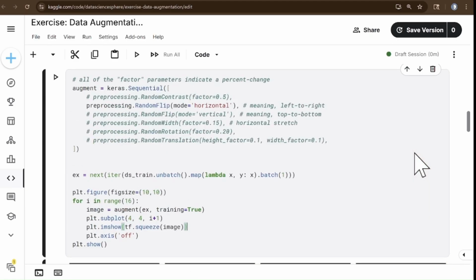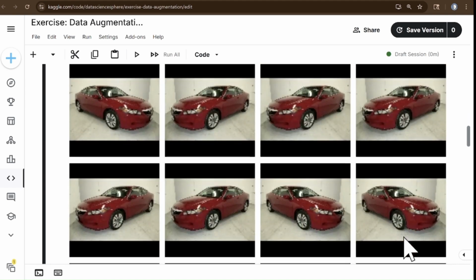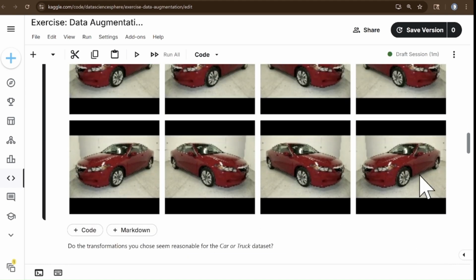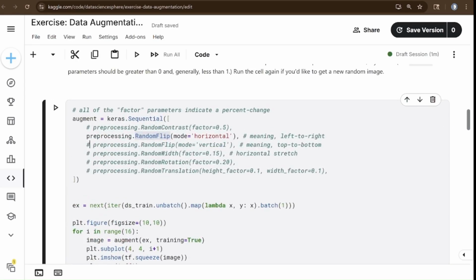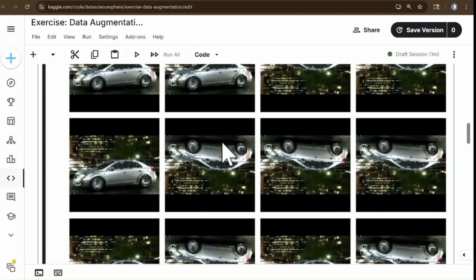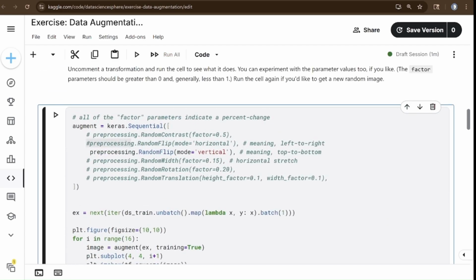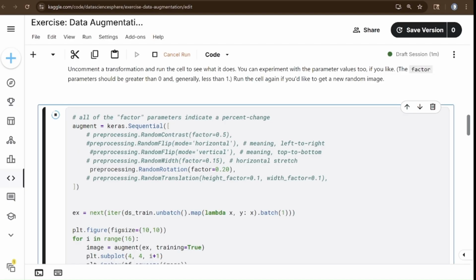See, you have done the random flip. Okay, they have just flipped from left to right. Now you can do this one, vertical flip. Okay, see, vertically flipped. Okay, now if you want random rotation, so this is your task to check what is happening